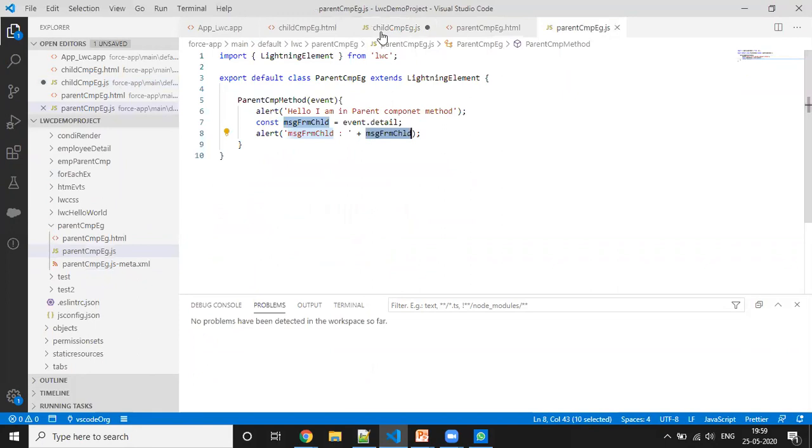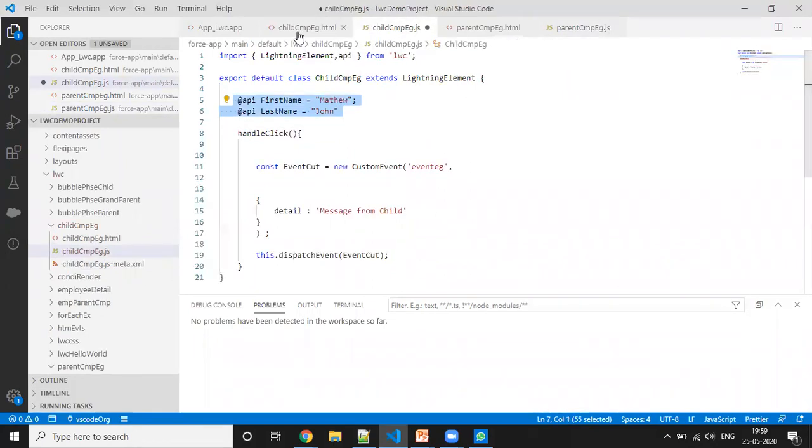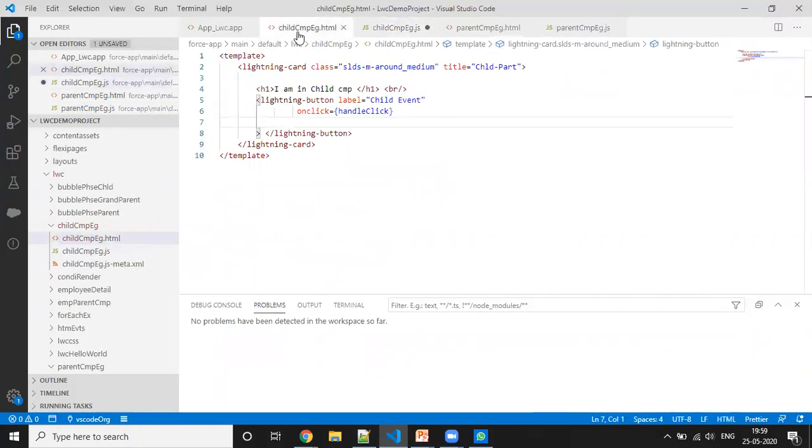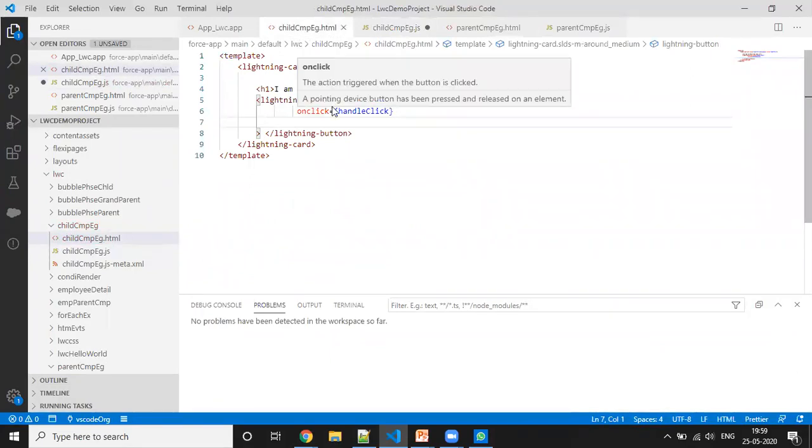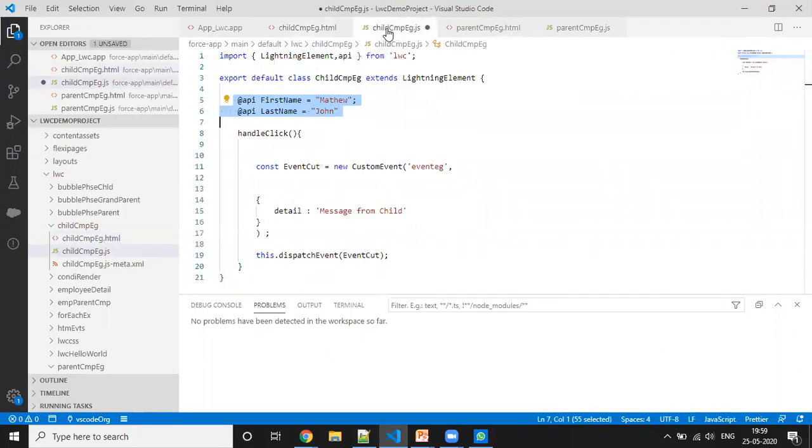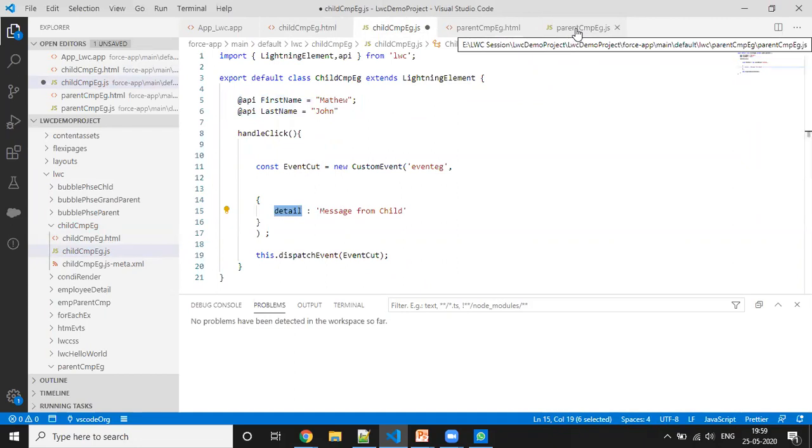So how we are going to achieve that, I'm going to discuss here. First of all, these values that we have defined as first name and last name have to be populated here on detail, because whatever value you put here is the value that is going to be displayed in the parent component.